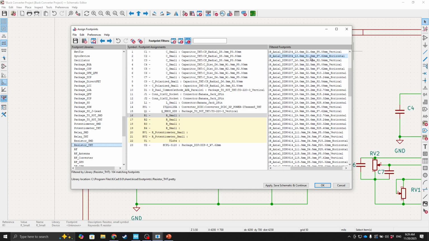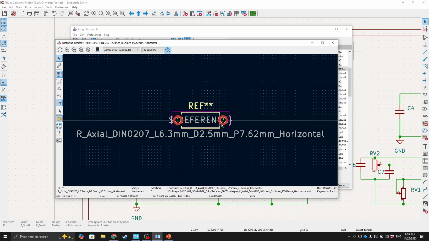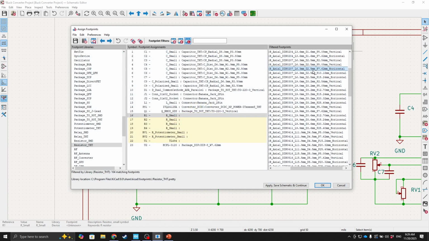But for this one we use the P7.6, so it will be like this. Double click,